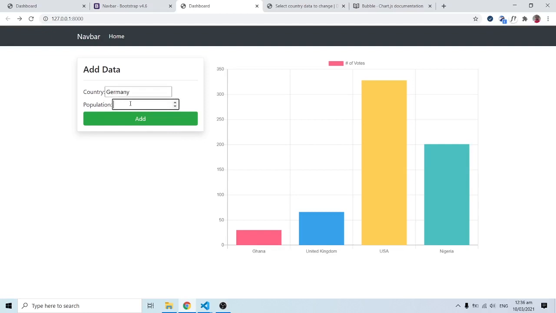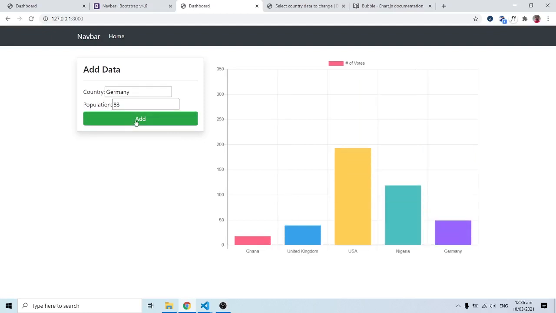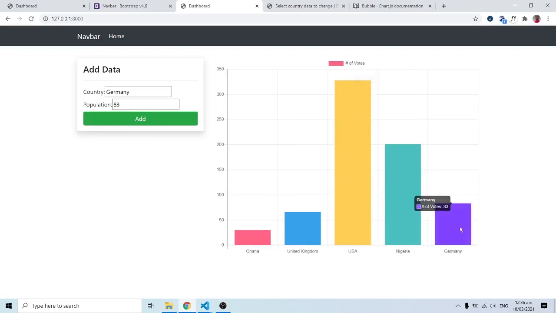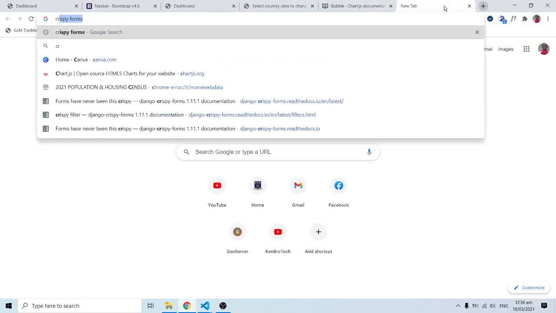I have Germany over here, and the population is around 83 million. So when I click on add, now we have Germany added over here. So clearly things are working out over here. The only thing left is for us to style this, and we are going to use a third-party application